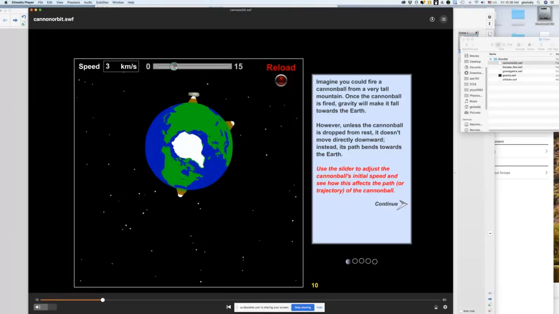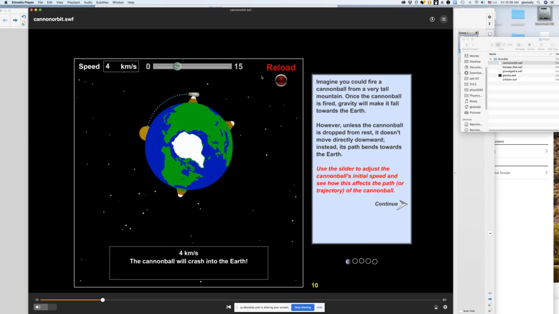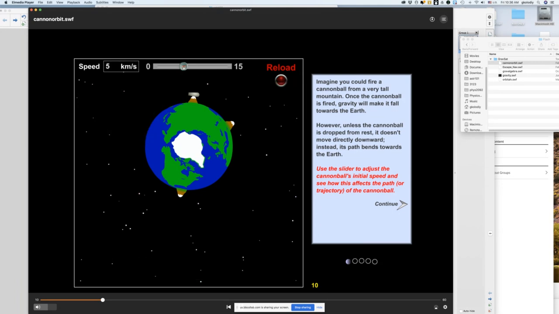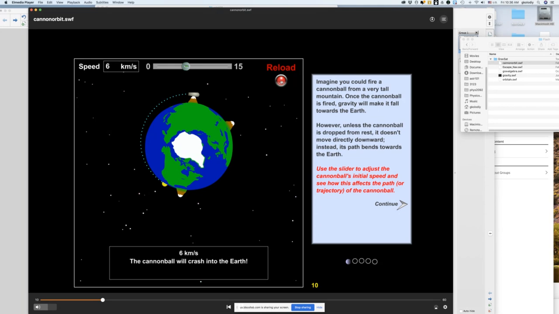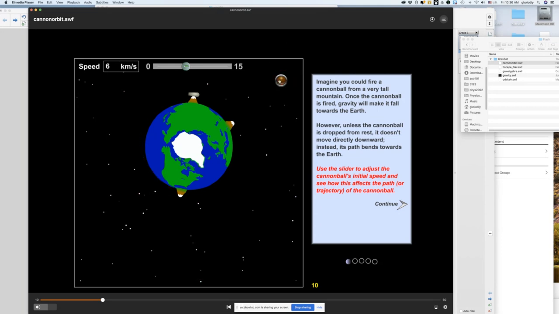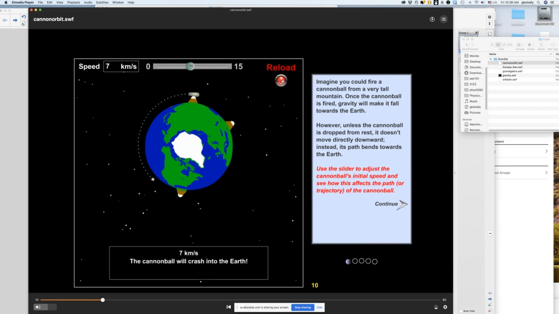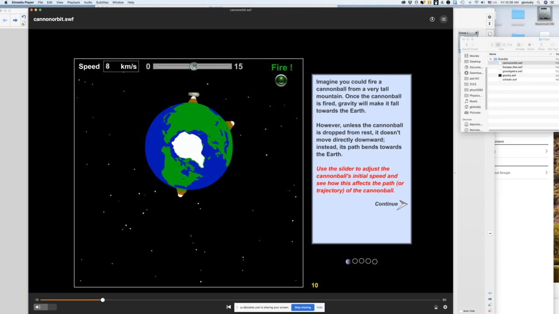How about I try it with 4 kilometers per second. Reload, fire again. Well, it goes a little further. Well, I wonder, let's try 6 kilometers per second. I wonder if it'll ever go around the Earth. Not enough, right? Let's try 8 kilometers per second. At 8 kilometers per second, oh, look, this doesn't make it. I'm sorry, I had 7. At 8 kilometers per second,